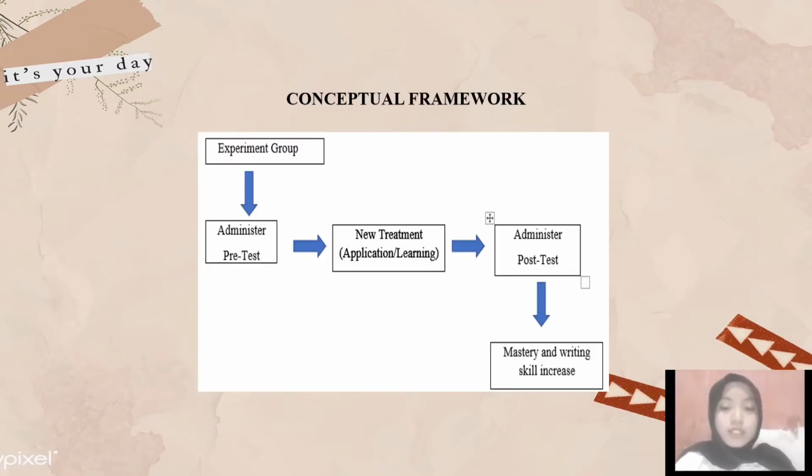Next is the conceptual framework in chapter 2. About the conceptual framework, based on personal experience, the students' problem at SMP Negeri 1 Binamu was caused by several things, including the lack of a precise approach taken by the teacher regarding learning media strategies that teachers rarely use during the learning process.